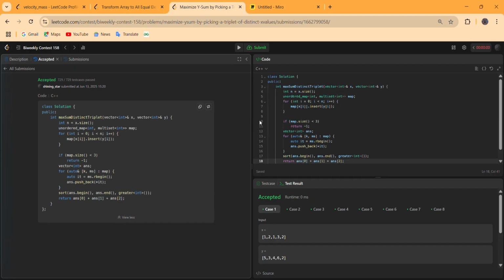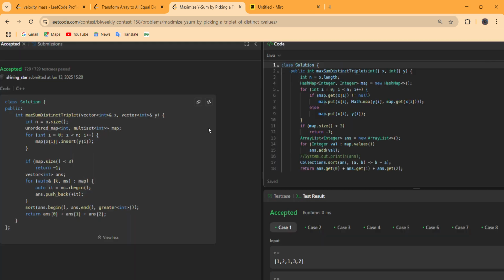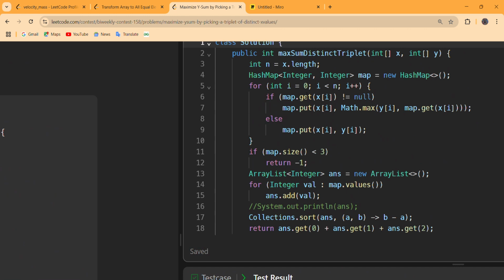So let us look at this Java code as well. First we created a hash map of integer. This time we do not need any multiset or priority queue, because for every integer we just have to store the maximum possible corresponding value in y.